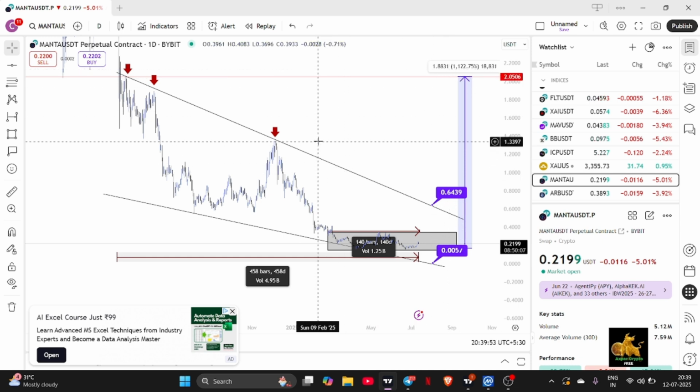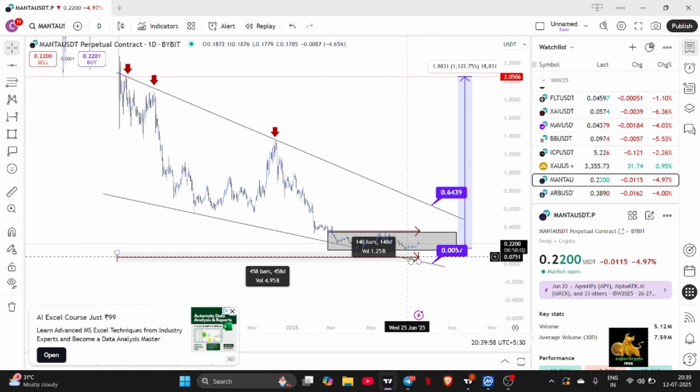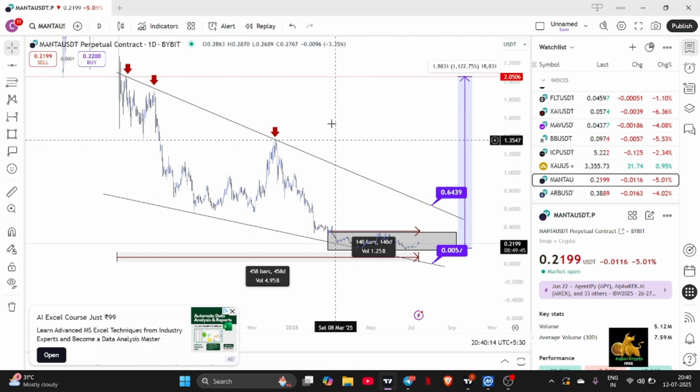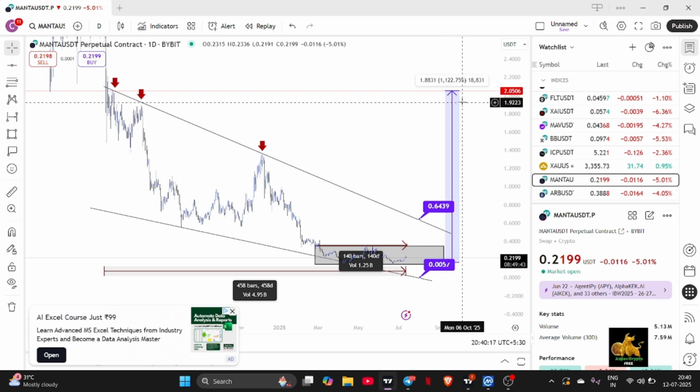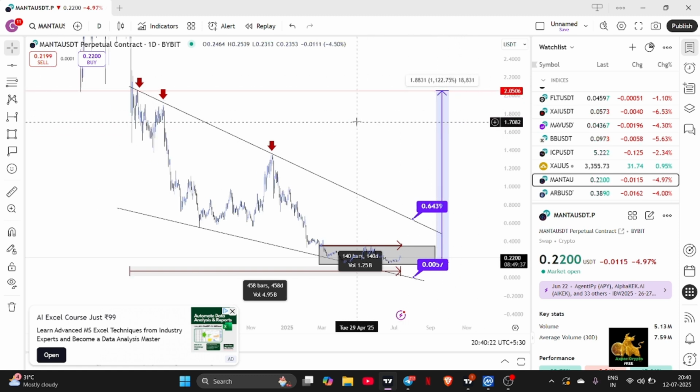and we can book our first TP here around $1.3397 range. If we take long from this level, we are going to book our first TP around this range. Okay, then our second TP here $1.35 range, and our third TP here after breaking out this falling wedge chart pattern. Manta will directly reclaim its $2.05 range. But if I add fib retracement level on Manta chart,